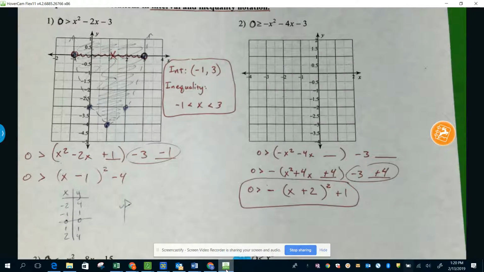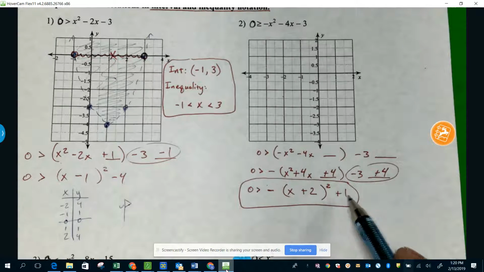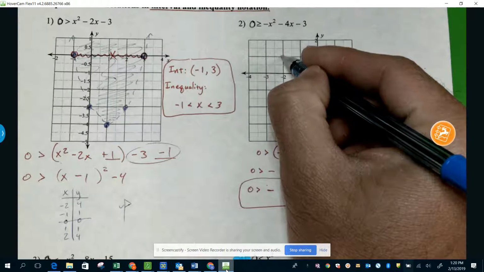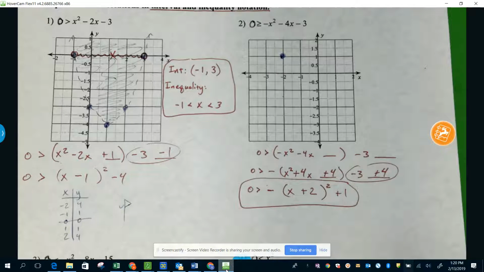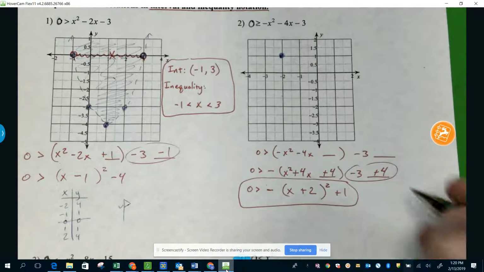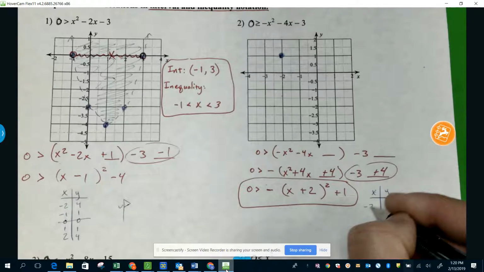The vertex here, we're going to go the opposite. So opposite of plus 2 is a minus 2. So we're going to go left 2, and then we're going to go up 1. Make sure you actually go 2 spaces in 1 space. There's the vertex. Okay, now we'll take that original parent function table, as always,